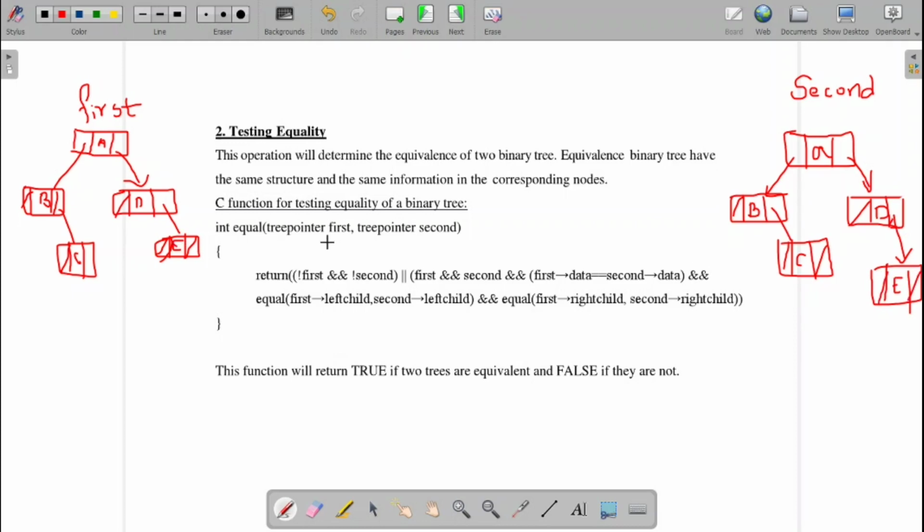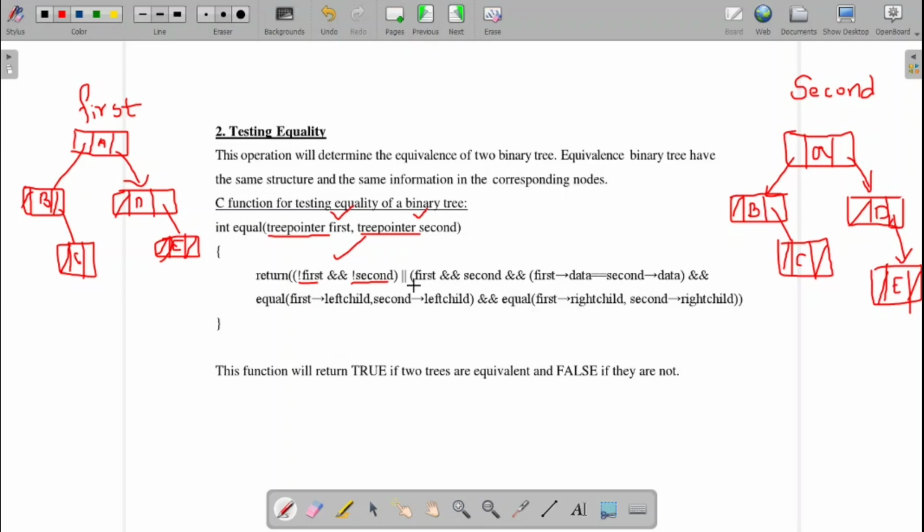Let it be the two trees. Now I need to check for the equality of these two trees. For this we are going to pass two arguments. The first argument is the node from the first tree and the second argument is the node from the second tree. If any one of them is not present, we are using the AND operation. If any one of the nodes is null, then no need to check further, you can directly give the value as null. That's the first check condition.